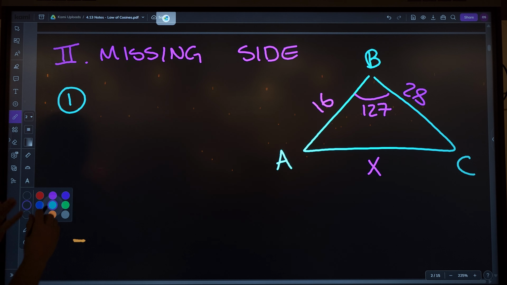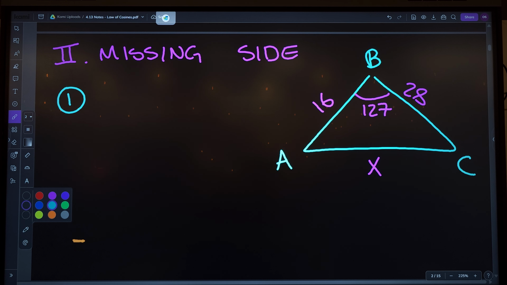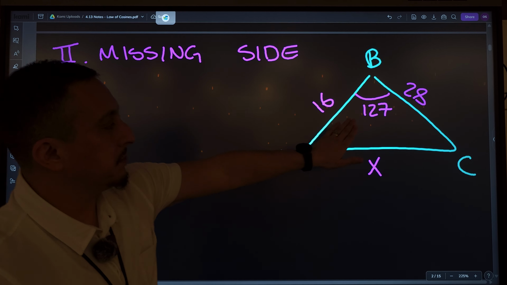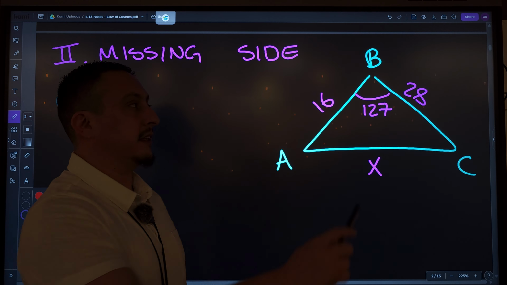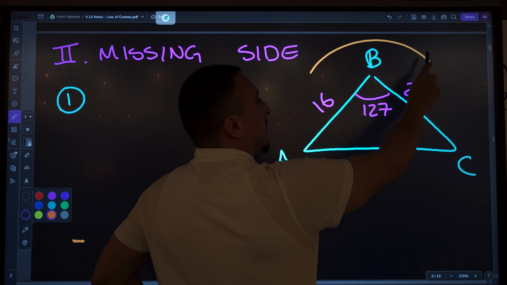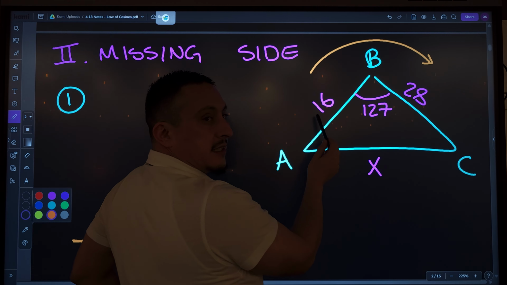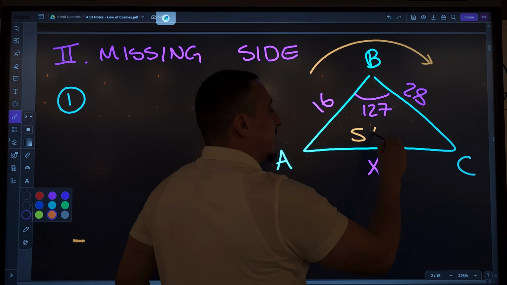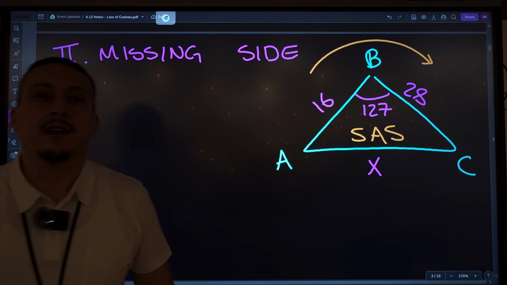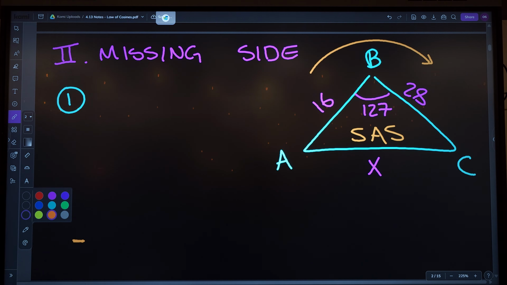So when you're doing these, by the time we learn them all, they're going to be mixed in, right? So how are you going to know what formula to use? Remember, don't pick the middle number. Pick one of the edge numbers, like the 16 or the 28, and then just go in order. If I go in this order, this is side, angle, side. Okay, side, angle, side. So that would tell me that I need